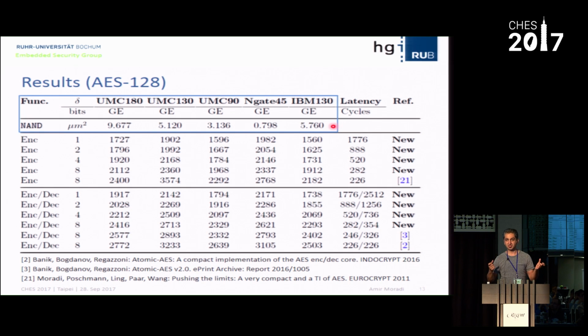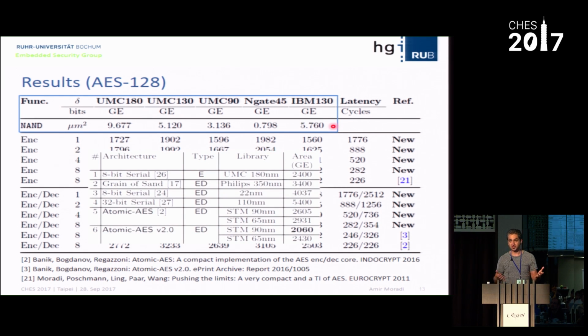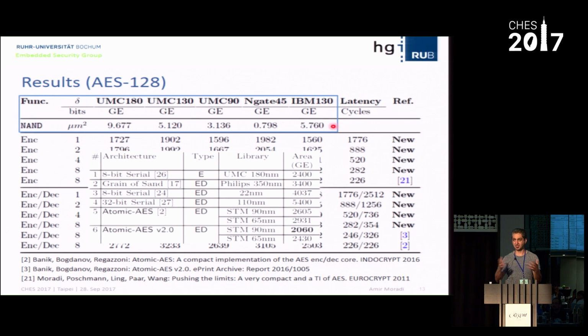And just as a note, this is the same library that NSA used to benchmark Simon and Speck. You may wonder why. This tells us one conclusion: we should not implement different designs, synthesize them with different libraries, and then say my implementation is smaller or worse, considering just the gate equivalence. Of course, gate equivalence was defined before in the VLSI community to check which design is better or worse, but probably in this case it doesn't make much sense.